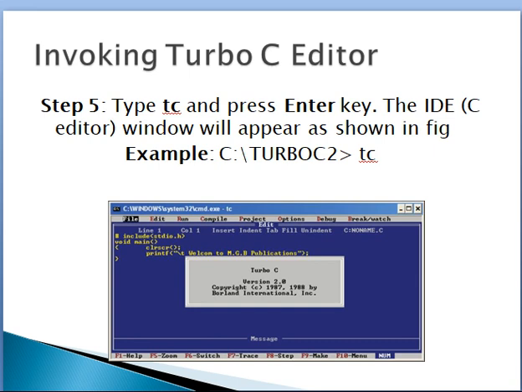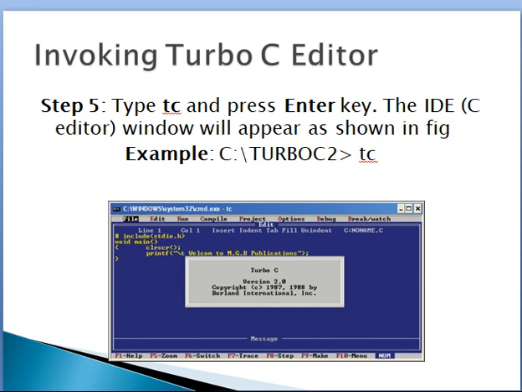Now type the command TC. Then it opens the Turbo C window. In this way, we will open the Turbo C editor.